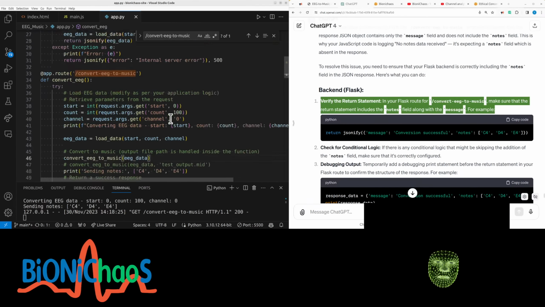Check for conditional logic. If there is any conditional logic that might be skipping the addition of the notes field, make sure that it's correctly configured. Debugging output. Temporarily add a debugging print statement before the return statement in your Flask script to confirm the structure of the response. For example,